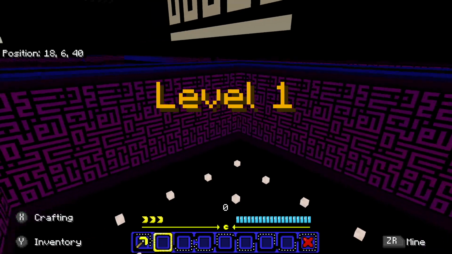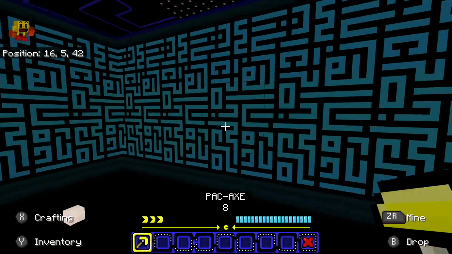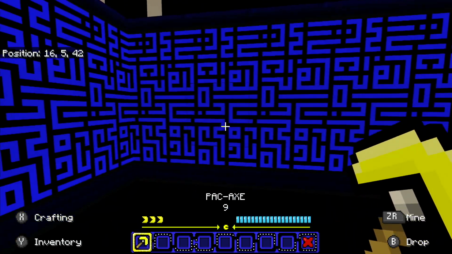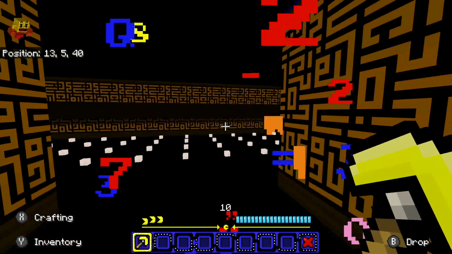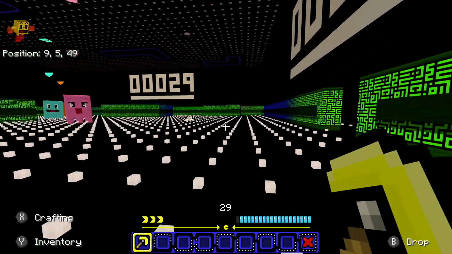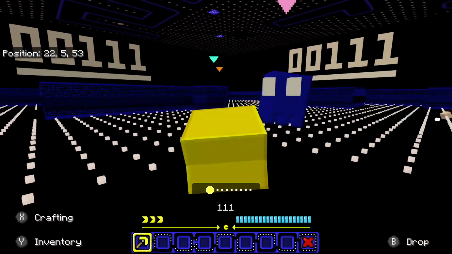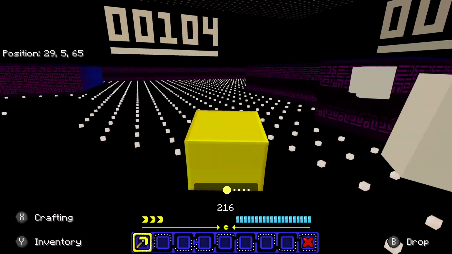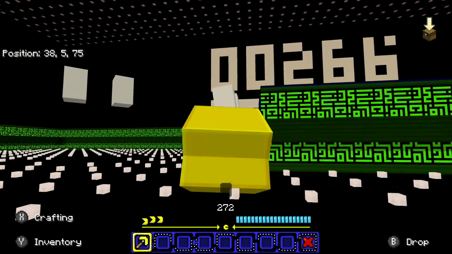Alrighty, now we are in the level that I just created. I put all of these breakable walls. I used the pickaxe for that, to break these walls. And see, this is exactly how I lined it up, set it up. I had a power pellet there. Let's go ahead and just eat one of these ghosts. Look at that. So yeah, this is it